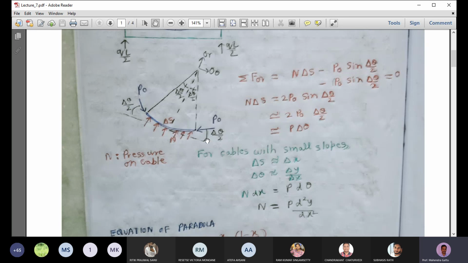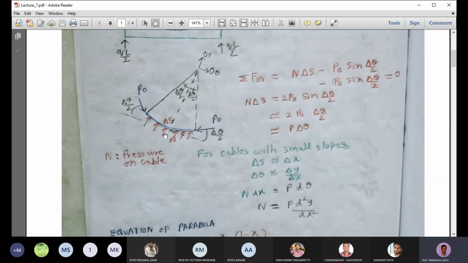This analysis is similar to what we had done for belt friction problems. If you remember in engineering mechanics, we had belt friction, where we did the analysis for a belt cable, and a similar analysis we are doing here. The only thing is, in belt friction there is this P naught acting in the opposite direction, and here we have P naught acting towards. So we have found the angle which the P naught makes with this line, and here we found the angle the P naught makes with this line.